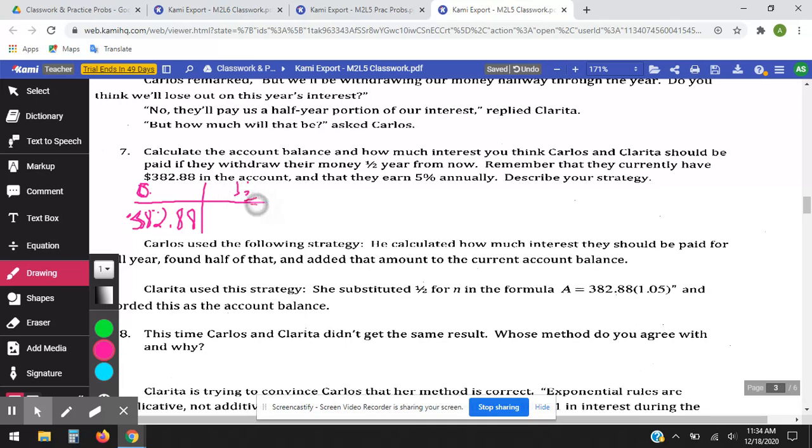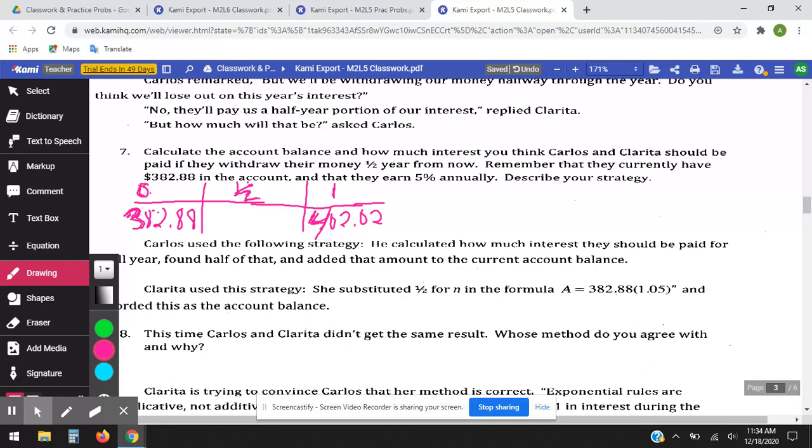Half a year we don't know. And 1 year was 402.02. So I'm going to say that my original, with the geometric means, because we know it's a geometric sequence,